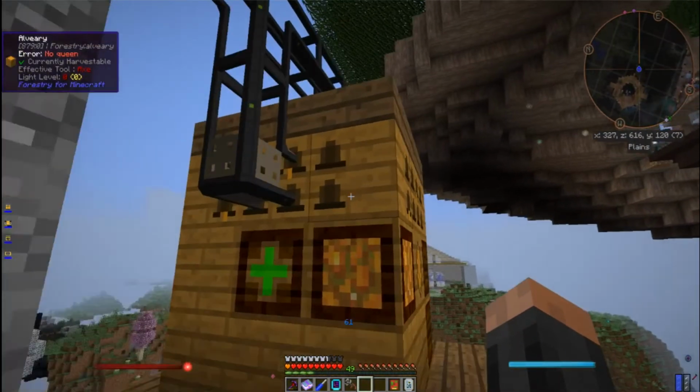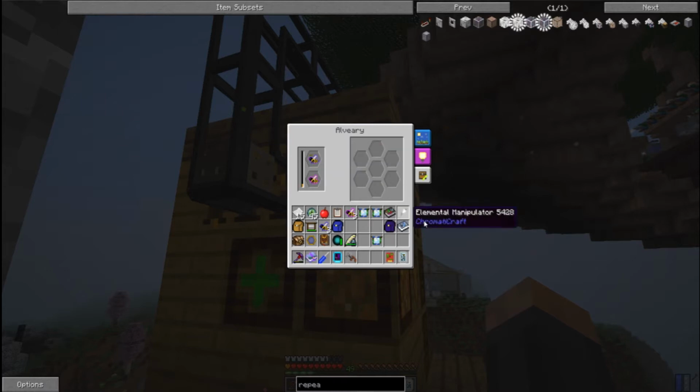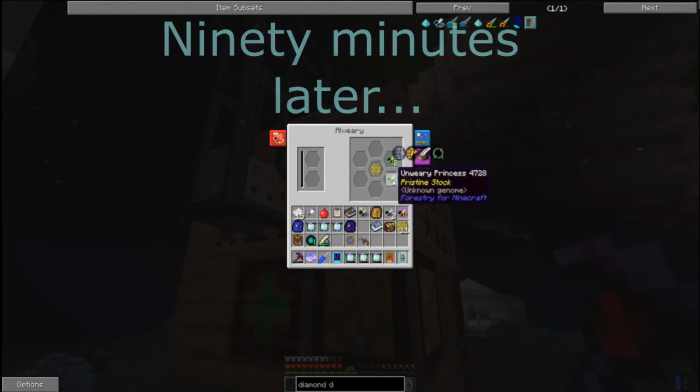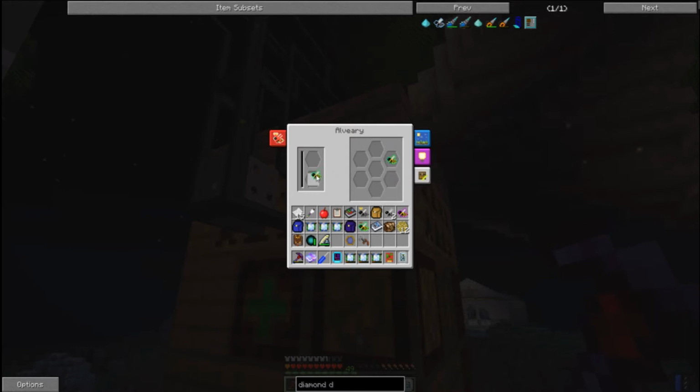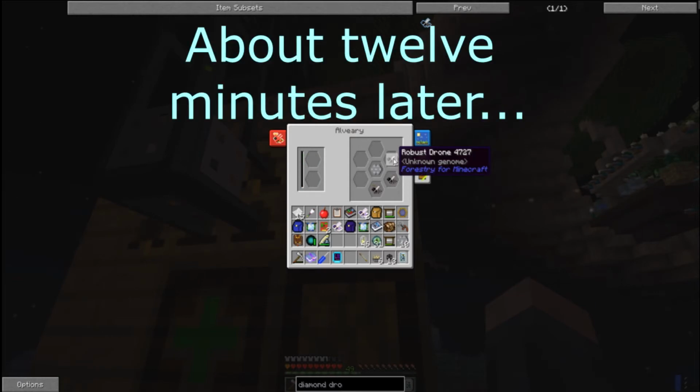Okay, so I got distracted, I came back, we're ready to breed some diamond bees. And I have some diligent drones, I don't have unweary ones, so first thing we're going to do is breed this diligent drone with a cultivated princess until we get unweary bees, which I intend to breed with this tolerant queen to get robust bees,